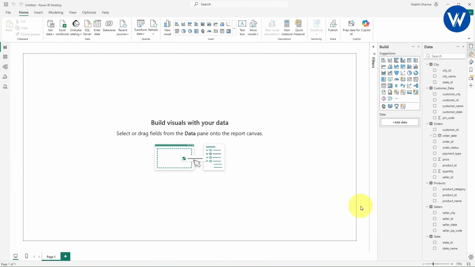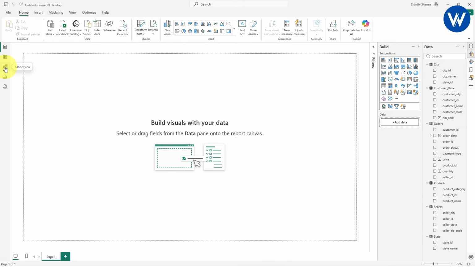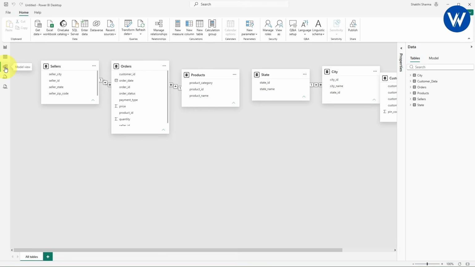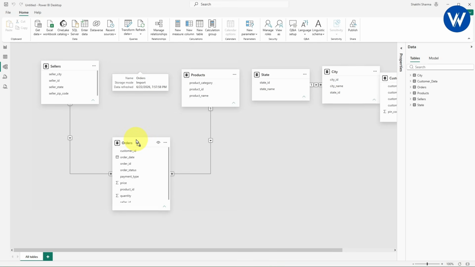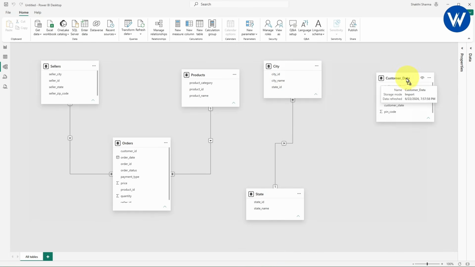Now let us see how we can manage the relationship between the tables. It is very simple guys. At the left hand side different icons are available. So what you need to do is simply click on model view. Look here guys, you need to click on model view. Once you click, here you can see all the data available. So basically these are the tables. Now if you observe carefully, by default Power BI has automatically detected the relationship. Right, now here you can see, let me show you. I think total 6 tables, right? Let me minimize it. Okay.